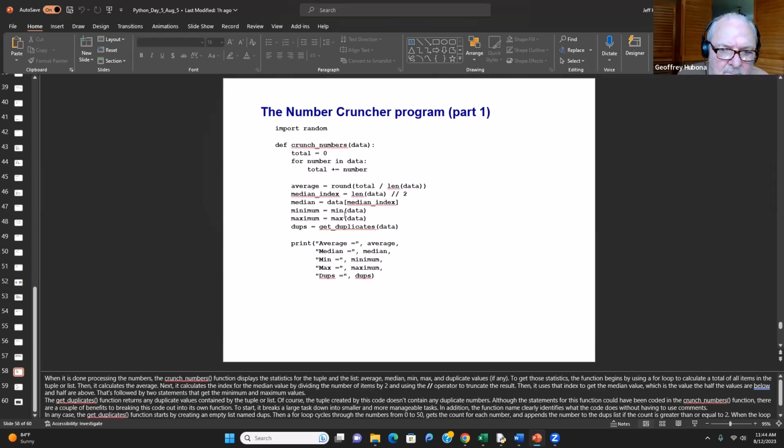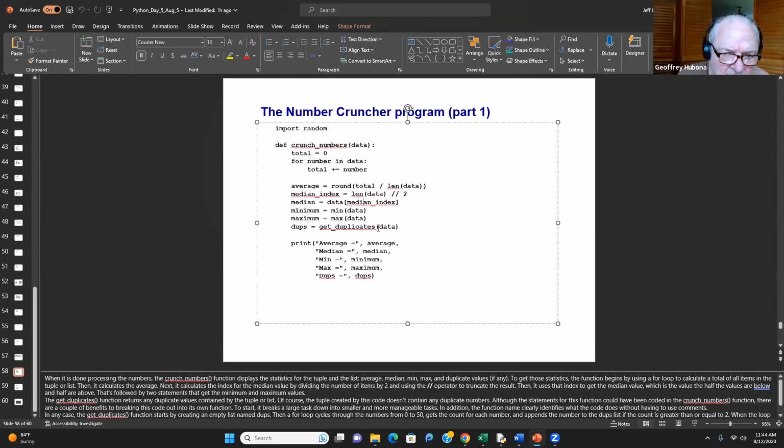Well, it's pretty transparent how it computes min and max. To compute dupes, it calls a different function altogether that's on the next slide. The average, again, is just simple arithmetic, the total divided by the number of items in it. About the only thing that requires any brain power to understand